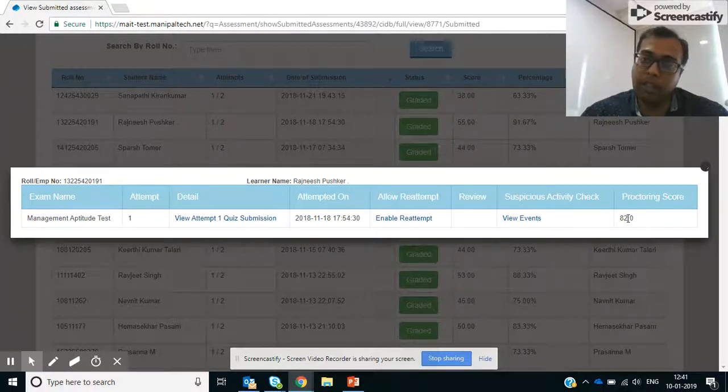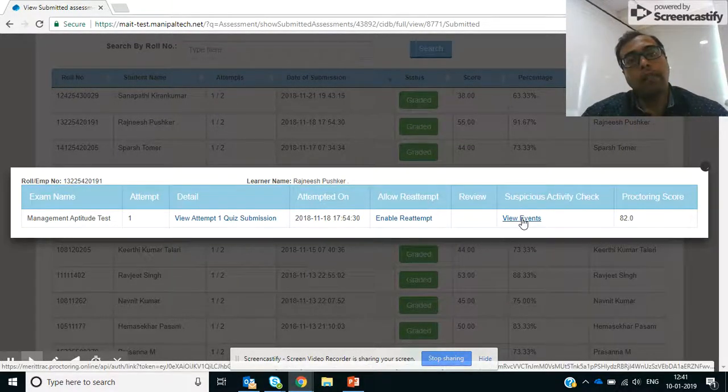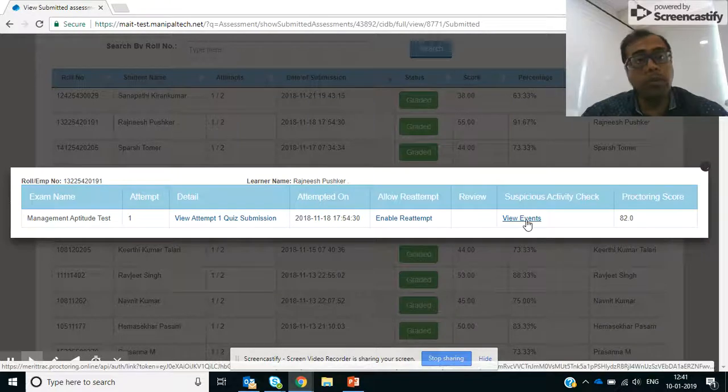And we'll really see what the breakup of this score is when we look at his report. There is also a suspicious activity check, wherein we'll now go into the proper session protocol and the remote proctoring tool UI to really look at how the session went, and how the proctoring tool has arrived at the score. So I'm just going to click on view events,